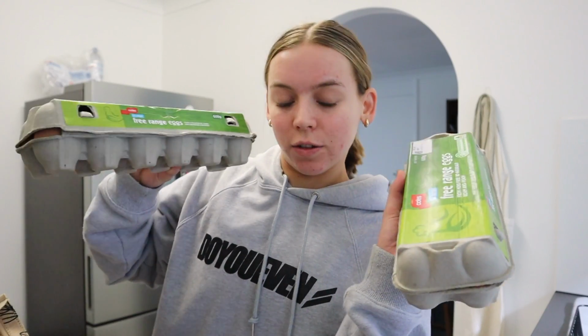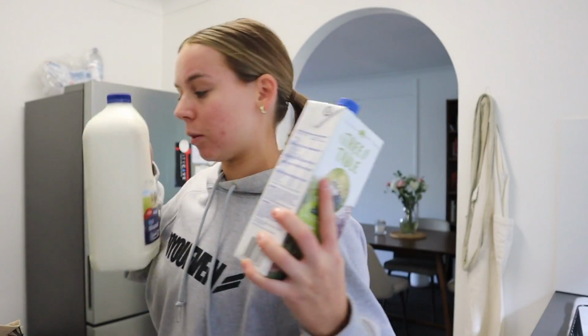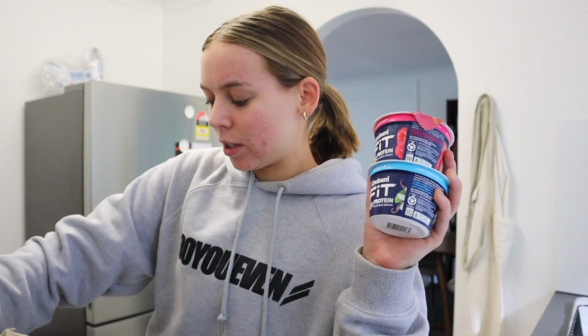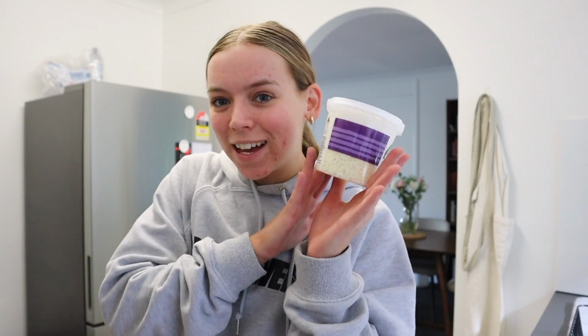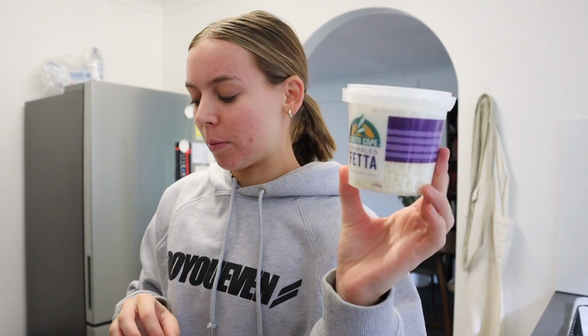We have 2 cartons of eggs, some almond milk, some regular milk. I got 2 little yogurts because I've been craving these lately, with some granola or cereal on top as a snack. Also got some cream for a recipe, and I also got some feta. This is definitely a bit of a treat item. This crumbled feta is one of my favorites to have on top of avocado toast. So we have a bunch of avocados, so I want to use them up,